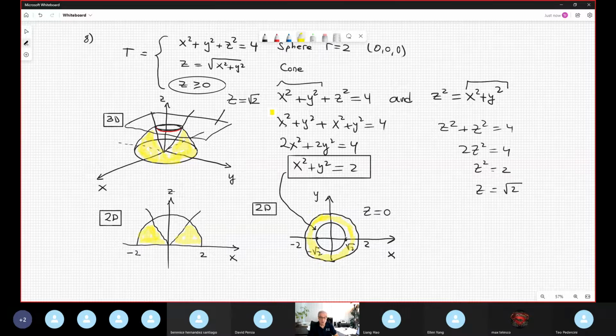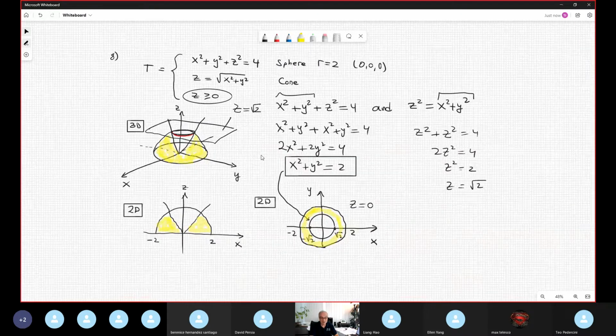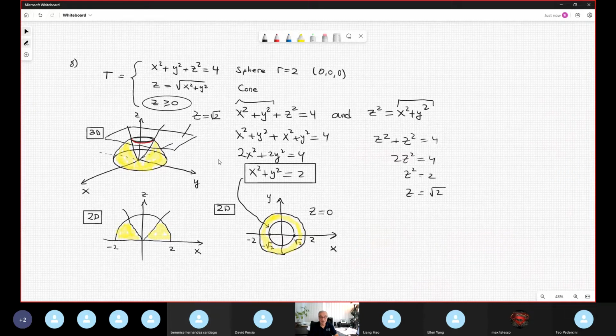Okay, this is my solid. So on day one, you are doing the problem in spherical coordinates. And spherical, remember, is rho, phi, and theta. Spherical is a weird coordinate system that has one radial vector